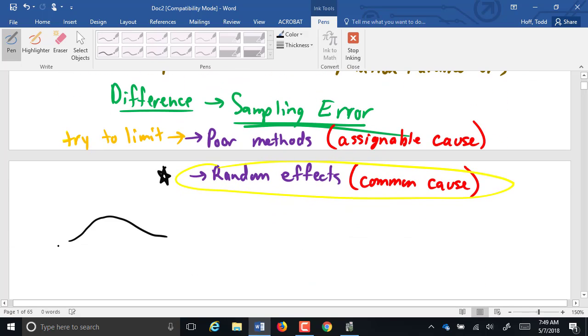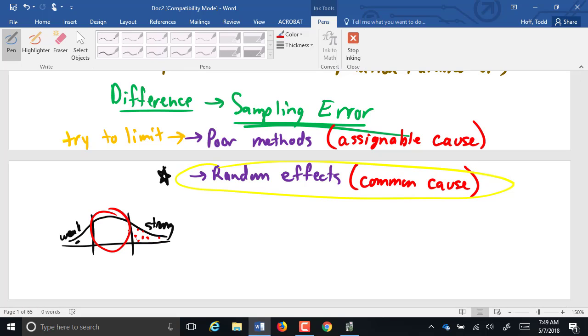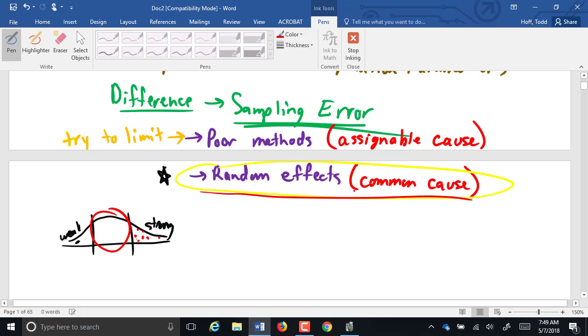let's make it look like a curve like this. Most of the parts are going to be right here in the middle, but there are going to be a few that are weak and a few that are really strong. And it might just be that somehow you're getting lucky and you're grabbing parts that are up in here. And they test out and they're perfectly strong. Where in reality, most of the parts are down here and they may not quite be strong enough. Now that's very unlikely that you're going to do that over and over and over again. So we're trying to limit the possibility of that.